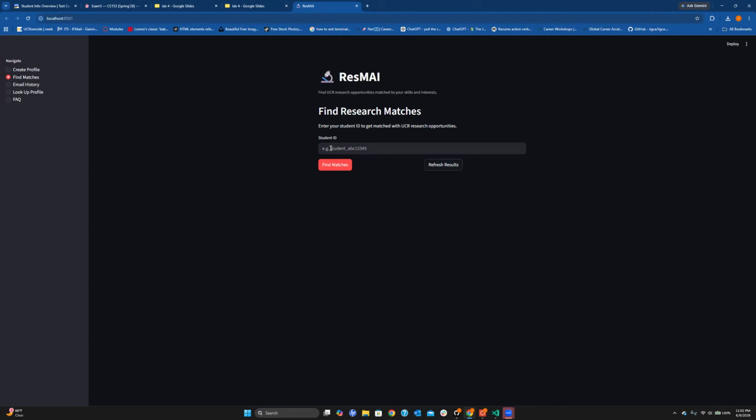So, feature two, we'll find the matches. Now to find the matches, I'll just place in my ID and press find matches. The engine is sending my profile along with all the research abstracts in the database to Gemini, which ranks the best fits and explains why each one matches best to me. Like here,